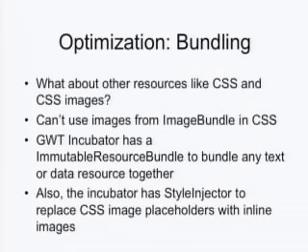One thing of particular interest here is the immutable resource bundle that's in the Incubator project. This immutable resource bundle lets you reference other types of resources, text resources or data resources, and it provides an abstraction to handle these in the most efficient way for you. One example of using this immutable resource bundle is using it for CSS. You could use this style injector class, which is also in the Incubator project. And you can use it to